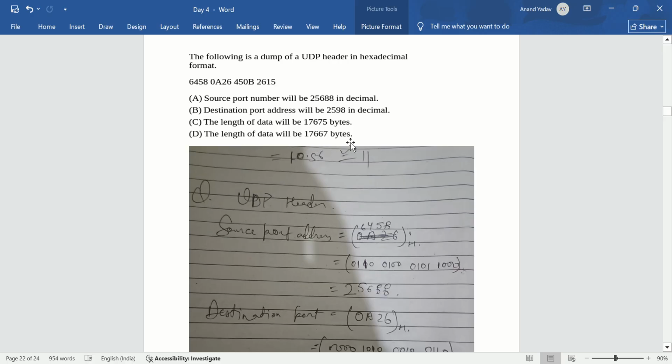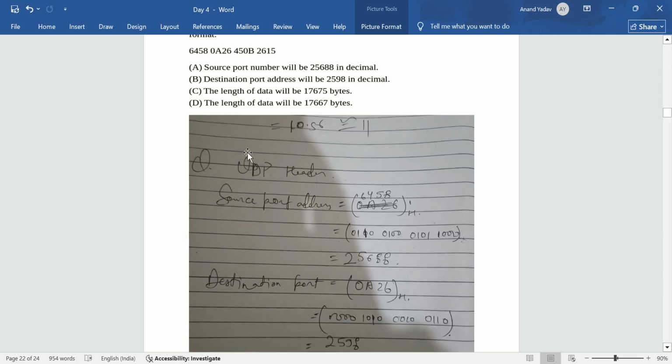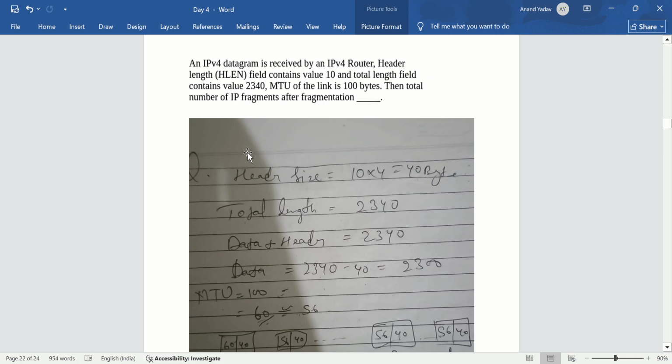Then the length of data will be this. So option D is also correct. A, B and D are correct. So now next question is,